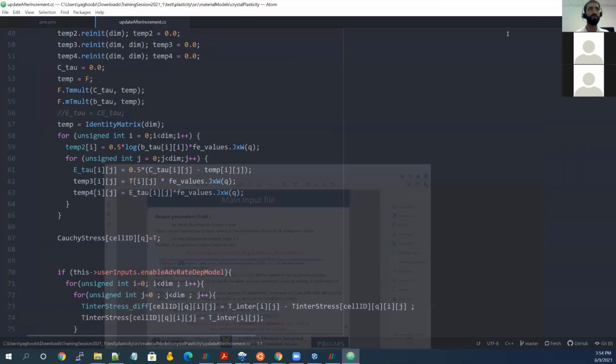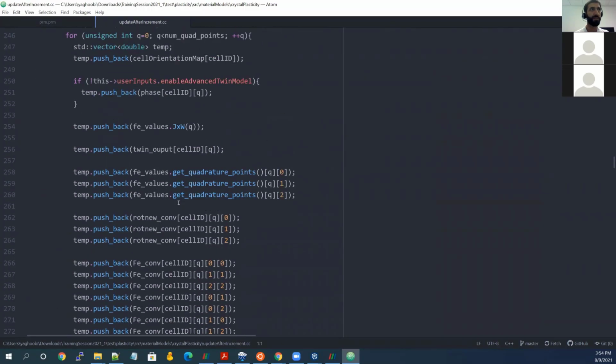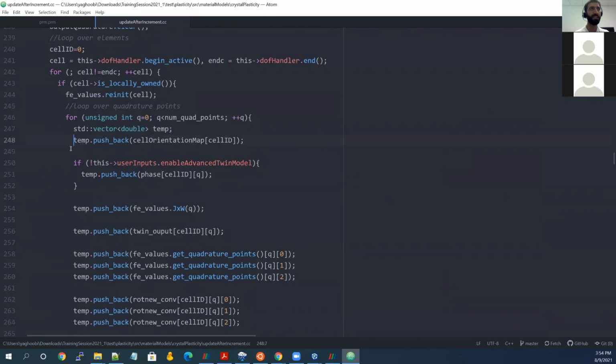So if you go to 248, here we go. Then you can comment out whatever information you have as temp pushback and pretty much not generate